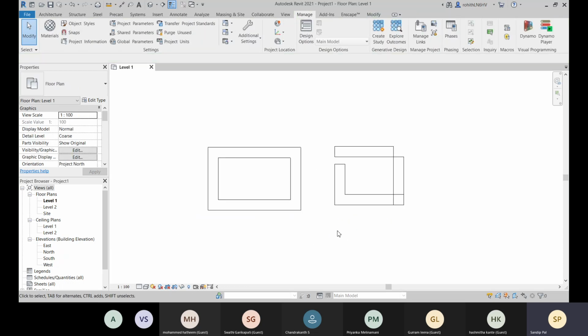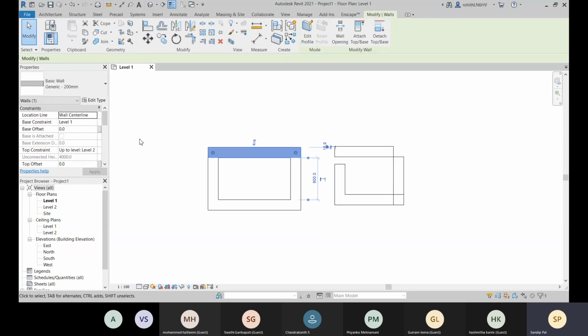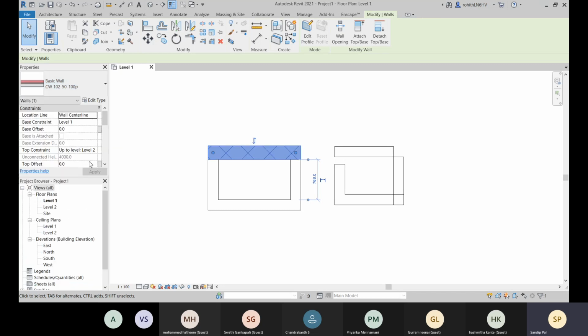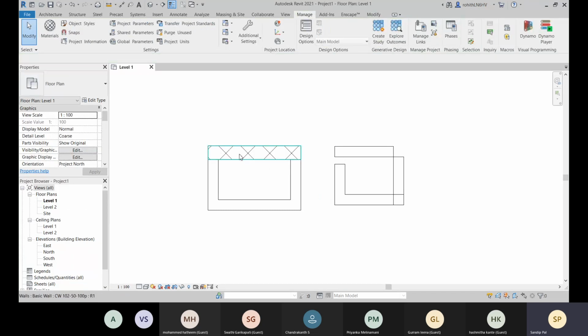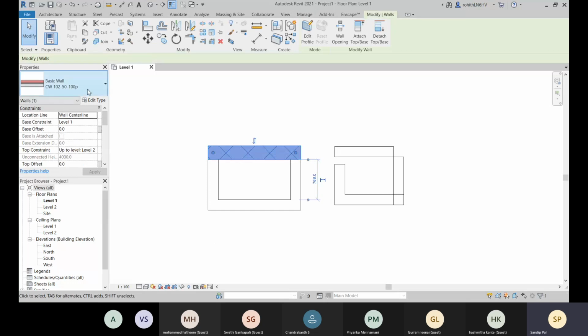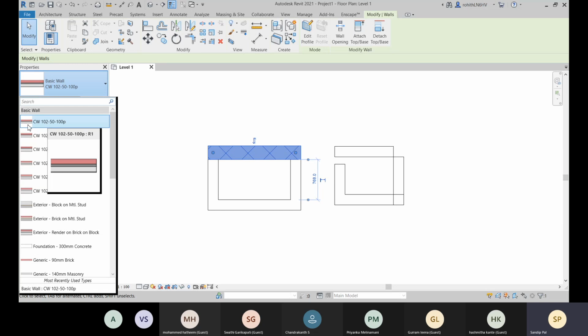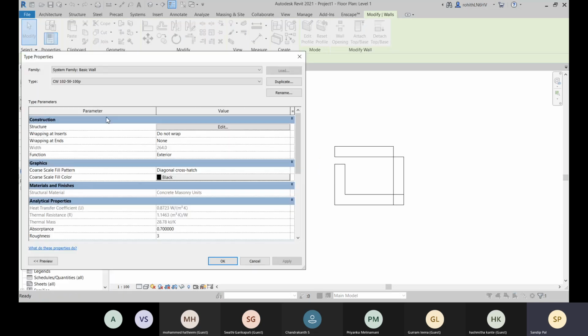So next, these are your normal generic walls, and now let me cover the compound wall. We have some default compound walls. Here you can see that they are named according to the layer thickness. Now if I choose this one, because I had selected this wall, within this type selector I selected this one and changed the type. Now I'll go to this edit type.